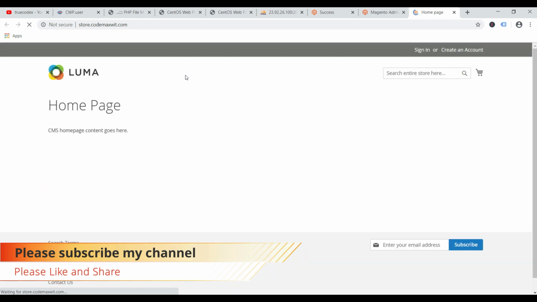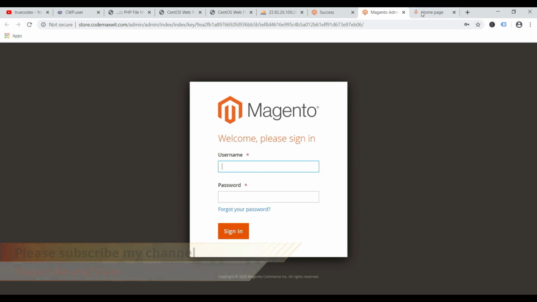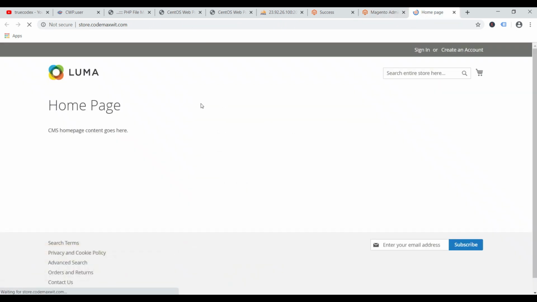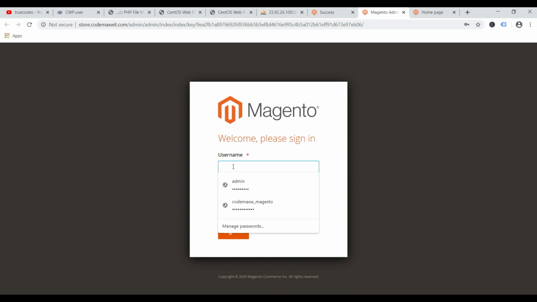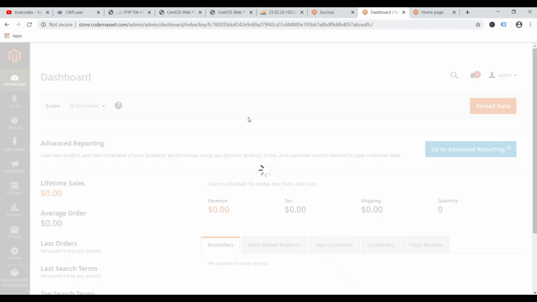And also CSS and JS are working fine on the front end, and on both sides, admin and front end URL, CSS and JS are working fine. Now log in to the admin panel. Admin. Now successfully logged in to the admin panel.